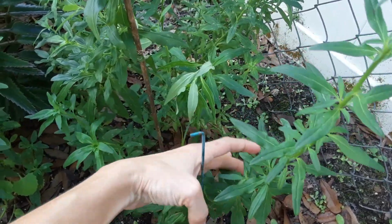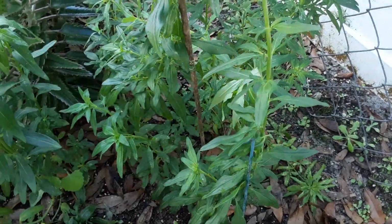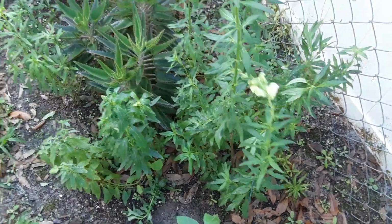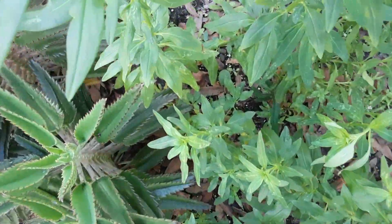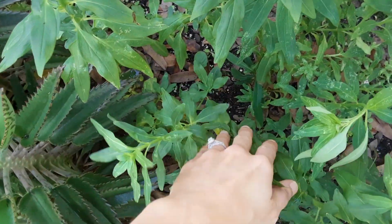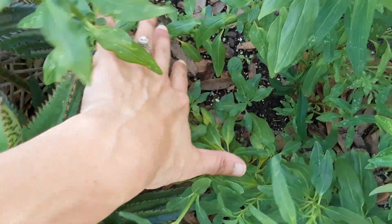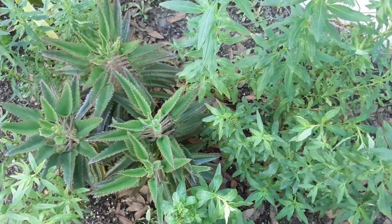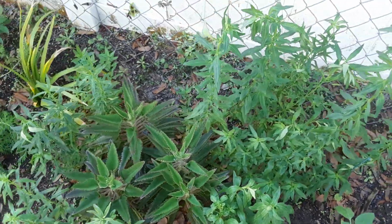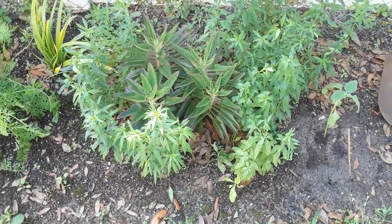Now guess where these are coming from? These branches, they look like they are growing from over here. Well, guess what? They are coming from all the way over here. This is where this branch ends. This is the same branch right here. So we know that this is where we have to feed. You always want to feed at the base of your plant and then all around it. So since I did a whole Snapdragon area over here, we're just going to go around and then see what